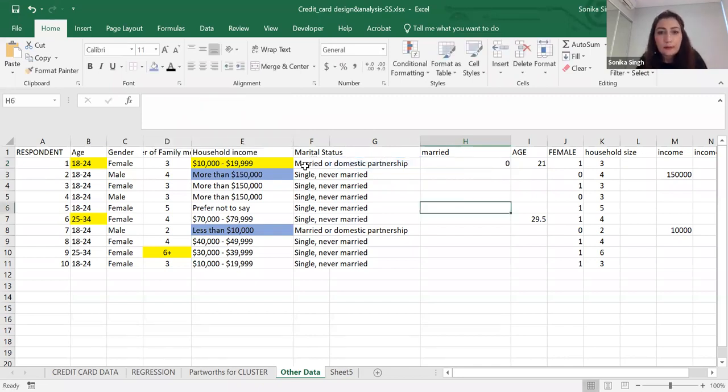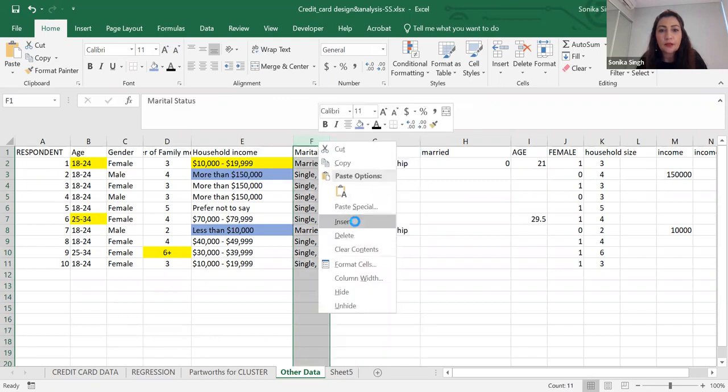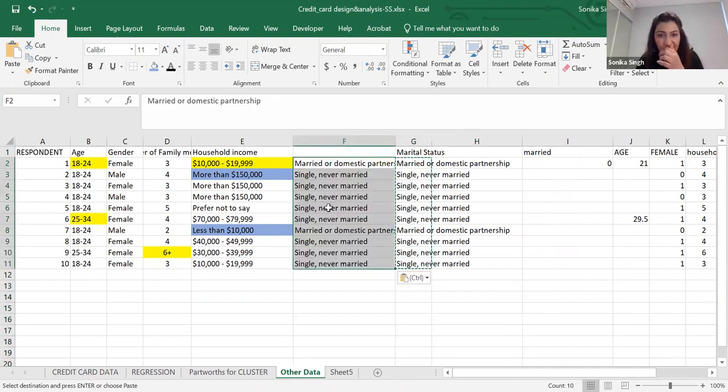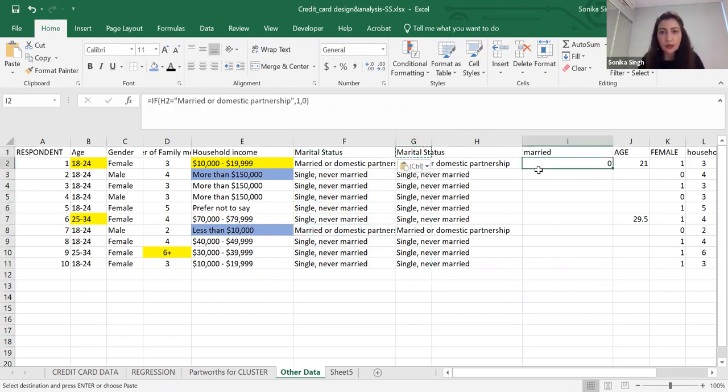Okay, it has merged the cells. Let me try another way. Okay, so the reason is I think there are 2 merged cells, which is why it is giving trouble. So now let's see if it works with